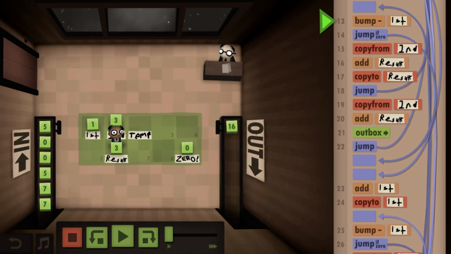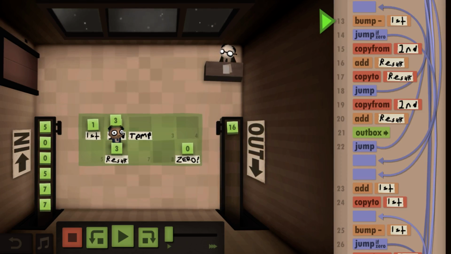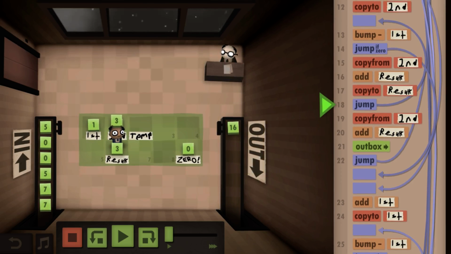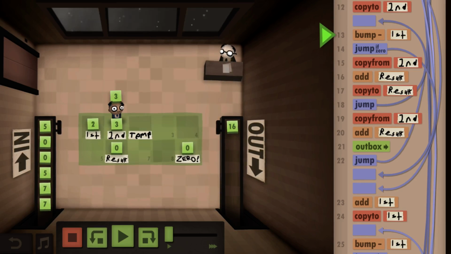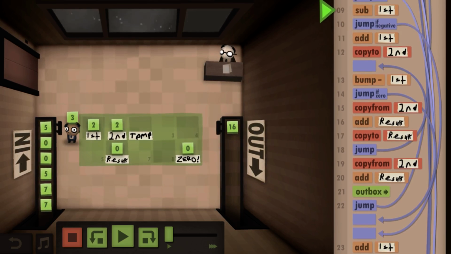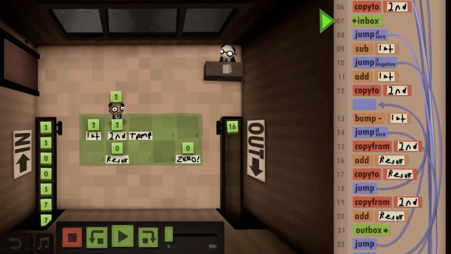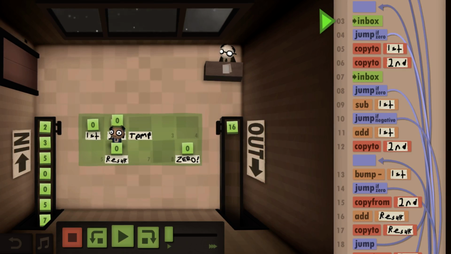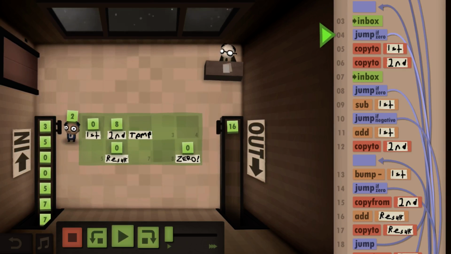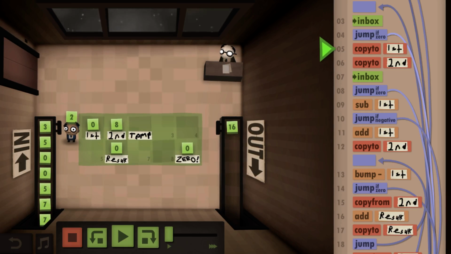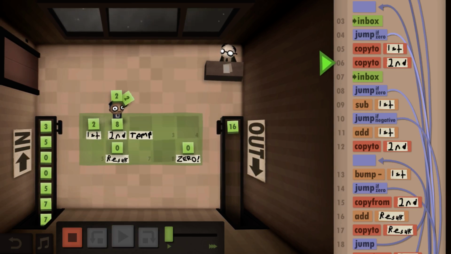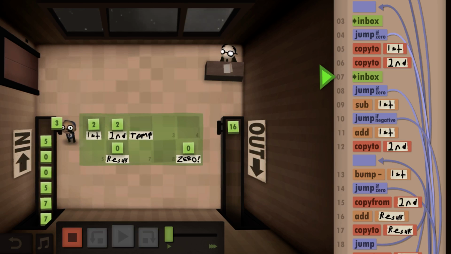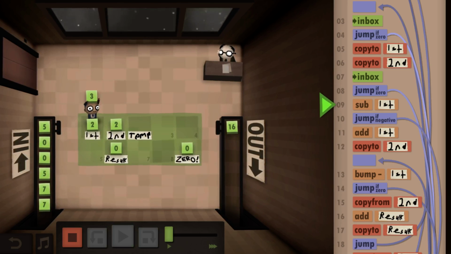So this was what, 1 times 3? No. So we inbox a 2, and we put the 2 here and the 2 there. We get a 3.